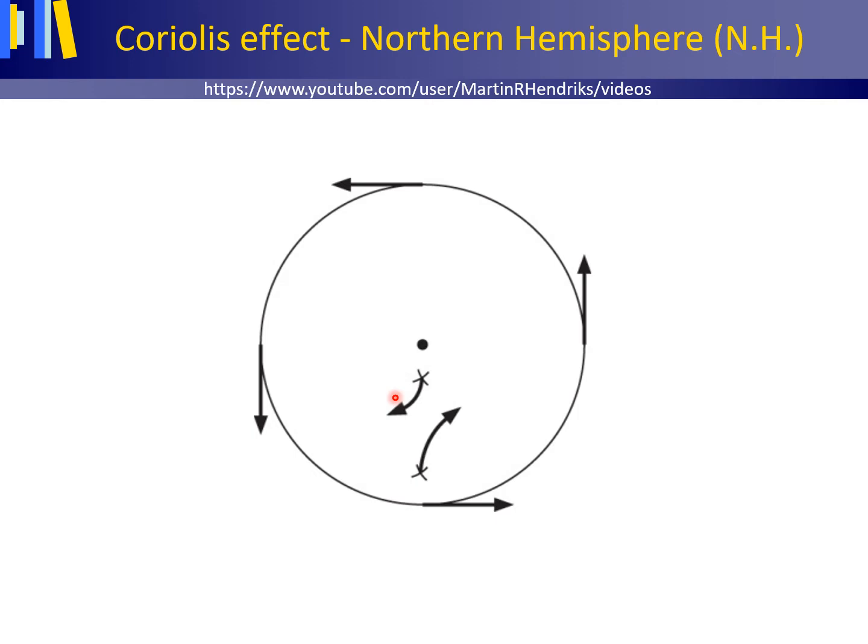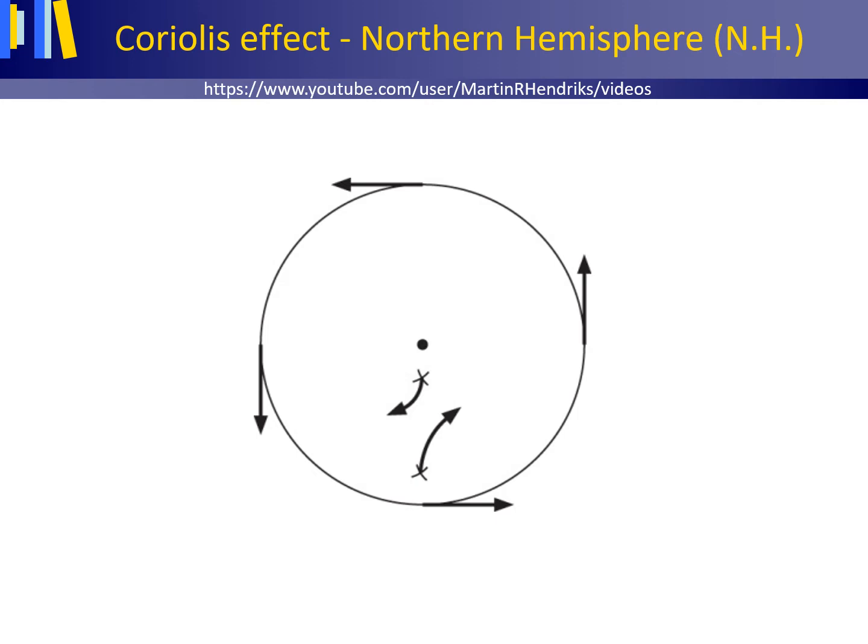For instance, when you sit midway the disk's radius, facing the center, and roll the ball to your right, you add the ball's velocity to the disk's velocity, causing the ball to deflect to an area of higher velocity, which is to the right of the ball's path of motion. If you had rolled the ball to your left, you would subtract from the disk's velocity, causing the ball to deflect to an area of lower velocity, which again is to the right of the ball's path of motion.